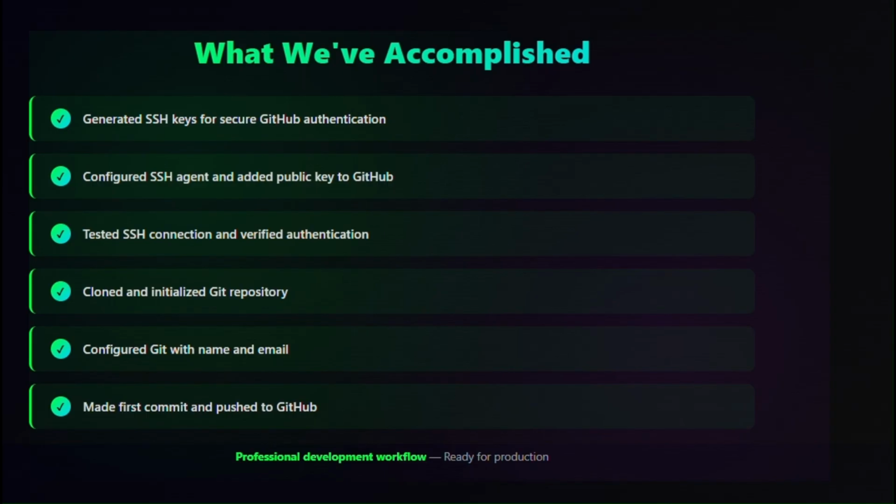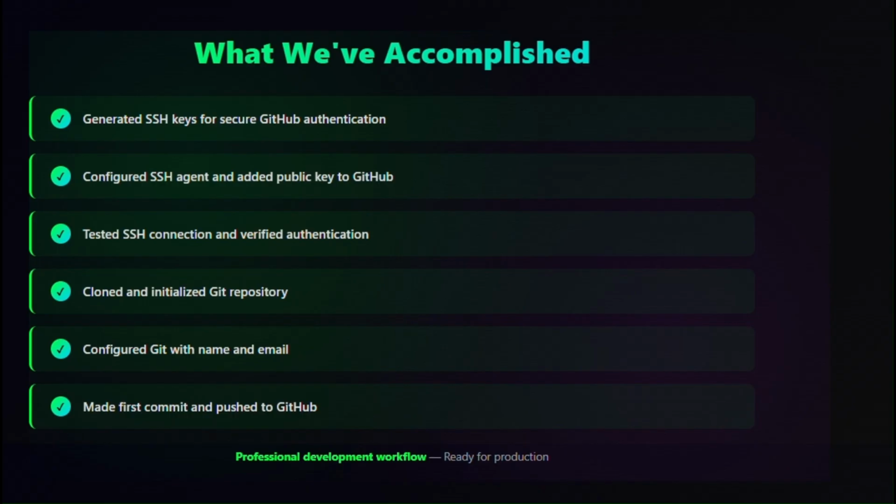Let's recap what we have accomplished in this episode 2. 1. We generated SSH keys for secure authentication with GitHub. 2. We configured the SSH agent and added our public key to GitHub. 3. We tested the SSH connection and verified authentication. 4. We cloned our initialized GitHub repository. 5.